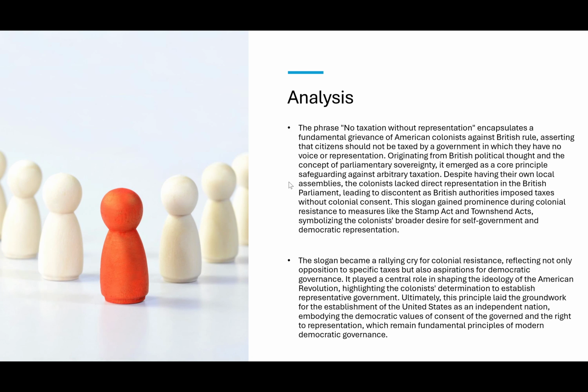So the Americans themselves took this core principle of safeguarding against any type of arbitrary taxation that was actually within the right of Parliament, and said that if they had representation specifically, then they could have made some decisions, as well as defend themselves from being exploited by acts like the Stamp Act and the Townshend Act, etc. So the slogan really was about actual representation. Really, it was about the Enlightenment principles, looking at parliamentary sovereignty and the fact that a people live within a social contract between themselves and the government, right?